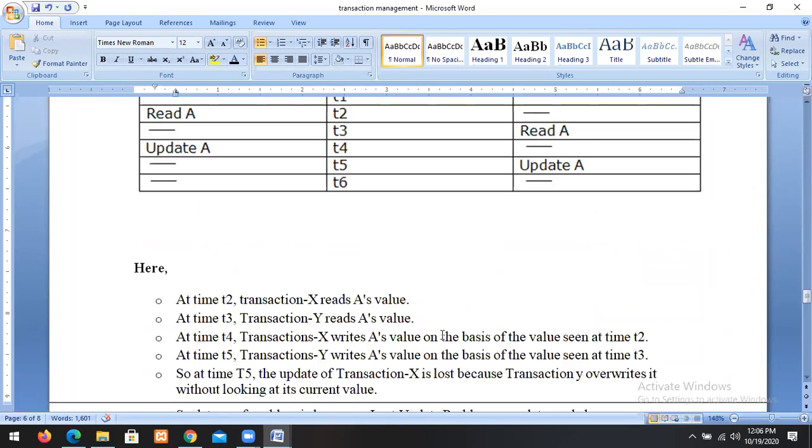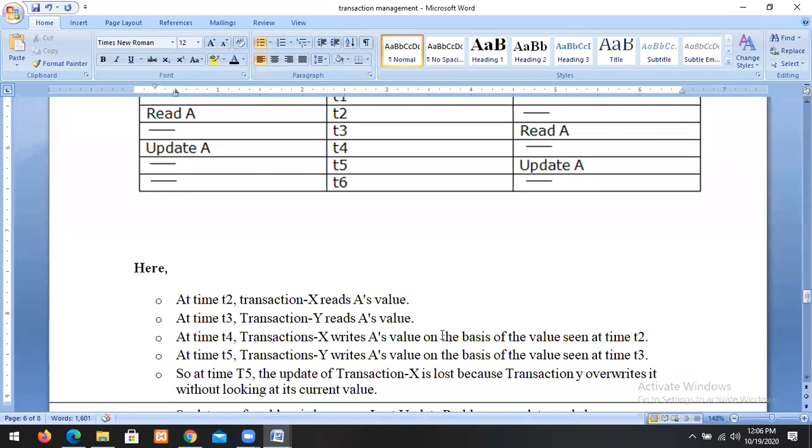For example, let us assume that the initial value of A is 100. Transaction X updates A by adding 100, so the A value is 200. Y also adds one more 100.